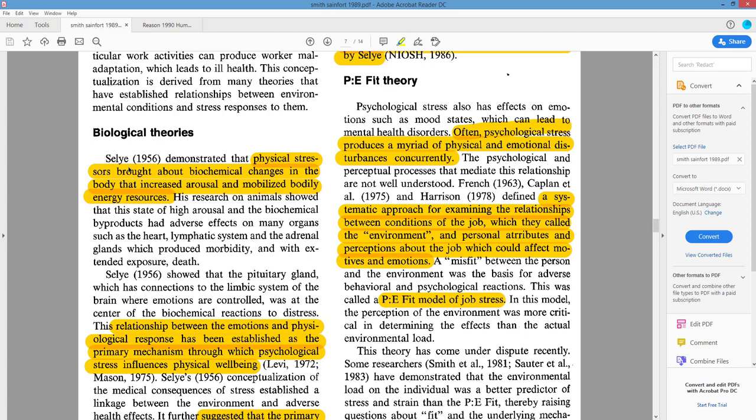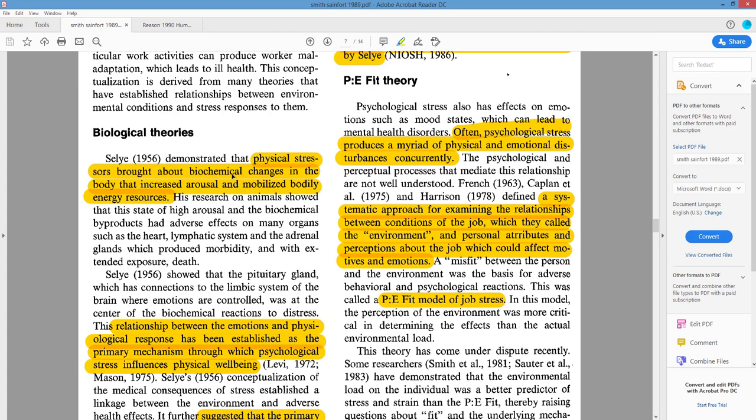How do you alleviate that? Well, Bob Karasek's model says that socialization does that. So let me give you an example. You're stressed out about a paper you have to write for a class. That's because you feel like you don't have the ability to write it, or maybe you don't really understand what the professor wants. Well, that can be resolved two ways. One, talking to the professor to get a clear indication of what is expected. And second, speak to your classmates about how they're dealing with it. And you'll find out that you're all kind of in the same boat and just got to go ahead and do it. And so that should reduce your psychological stress.